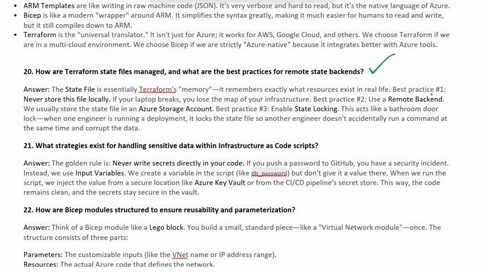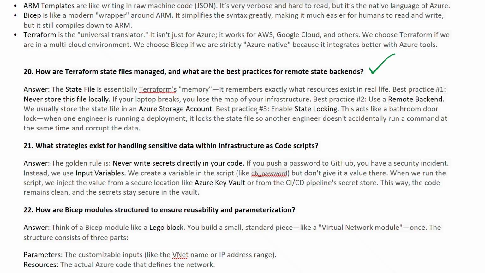These are some best practices. First one: never store this file only in a local system. If the laptop breaks, you lose the map of your entire infrastructure. And the second best practice is to use a remote backend mechanism. We usually store the state file in an Azure storage account.